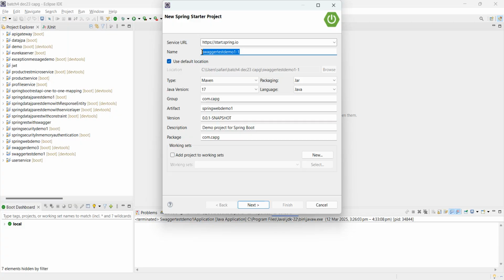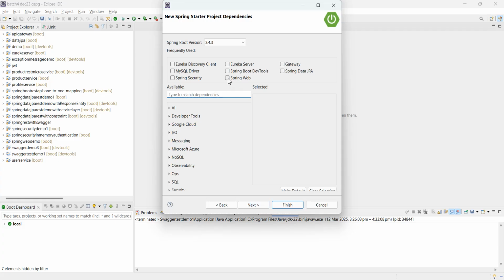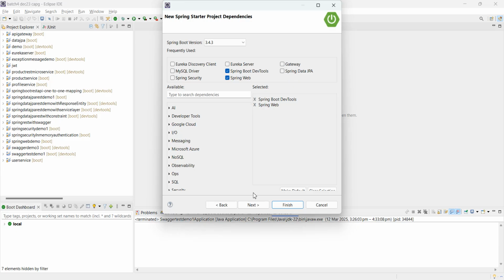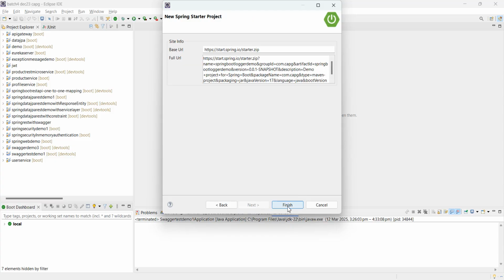Say the name as Spring Boot logger demo. Now I'm going to add only the web dependency and dev tools. I'm not using data layer, service layer and all. I'll make it simple, one controller, and then click on next and finish.